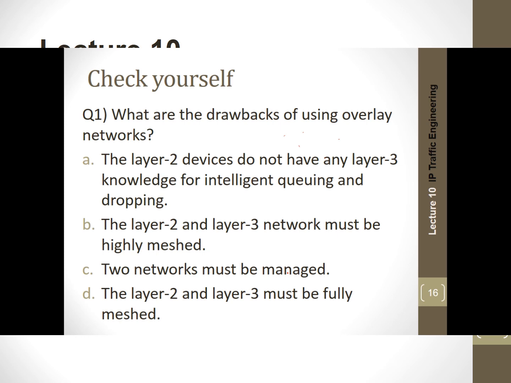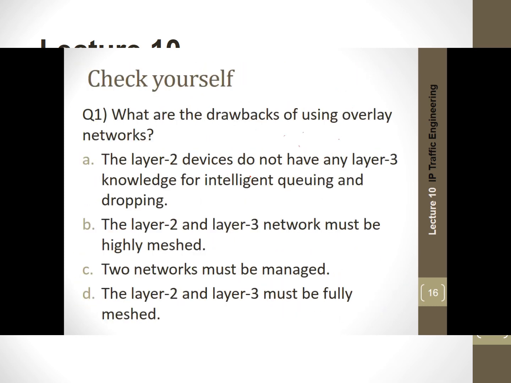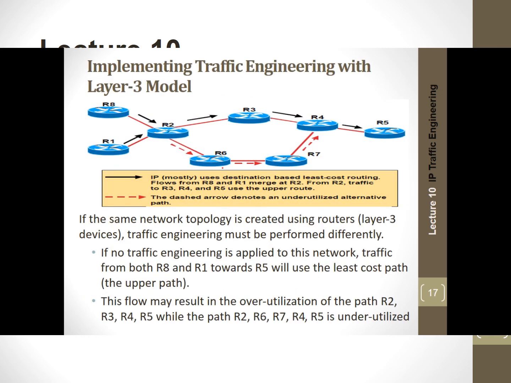So these are the same drawbacks that we have learned in the previous slide, but in different words. Two networks must be managed, as I said before, a two-level network. Layer 2 and layer 3 must be fully meshed. So some of them are in different words only. Okay, let's look into